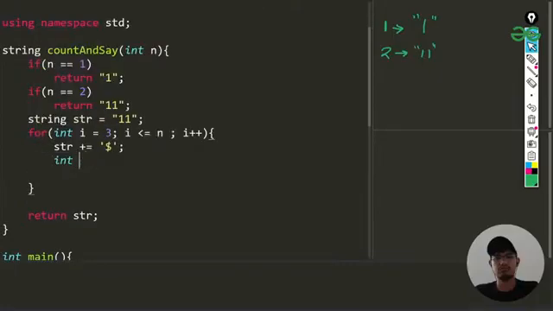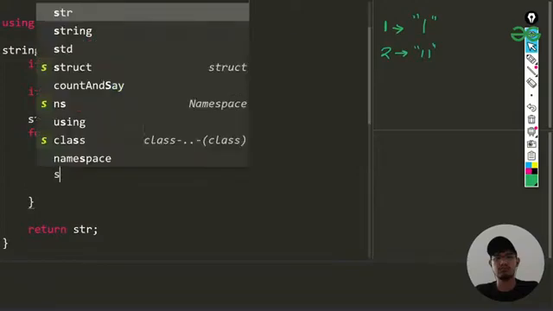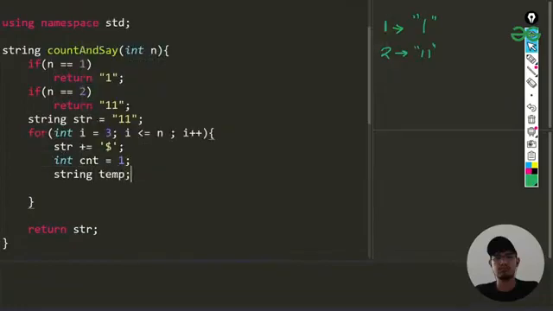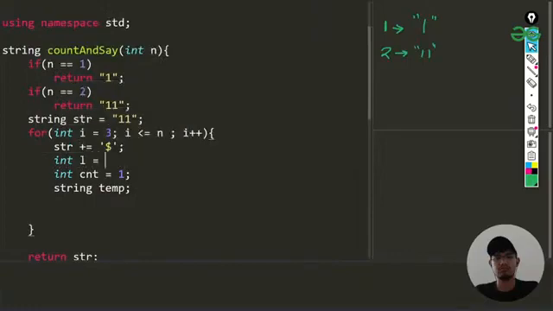Then we need to make a count variable which will start at 1. We will be making a temporary string, into which our string will be converted. We'll be making this temp, and whatever the length is for this, I'll be making a length variable also, that is basically str dot size. You can always use length as well, no issues in that. So I'll be using that, and the temporary string is there, which will be basically an empty string.